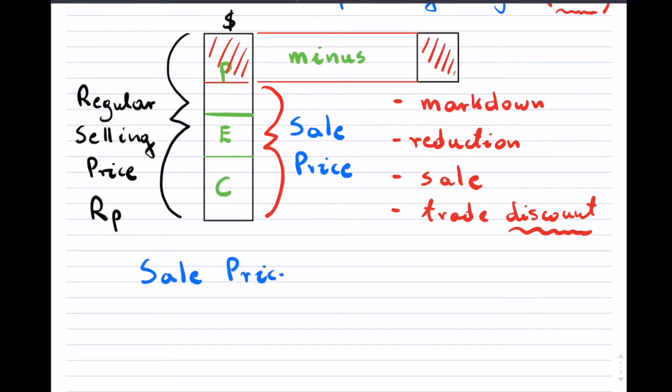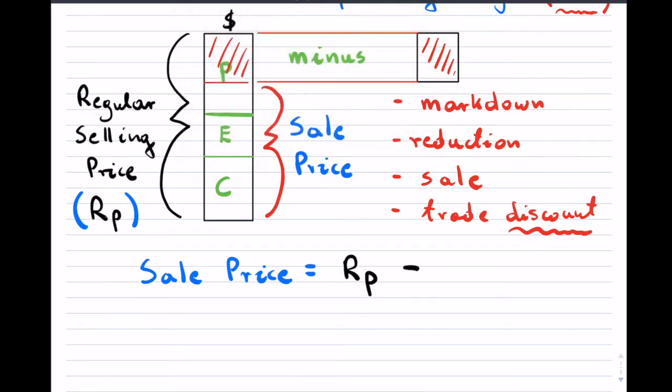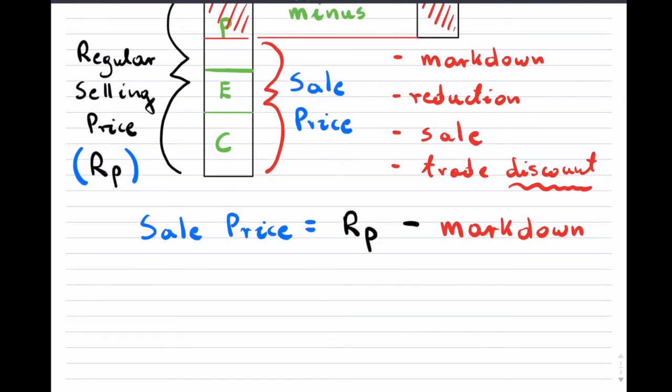So the sale price is basically equal to your regular selling price, so I'm going to write that right there, or just S if you like. And it is subtracting the markdown that you have. Now I have to be careful to not use M, because typically M is used for markups. So I'll just write markdown as it is, and then finish off this formula. So as you're going through this, we have our regular price minus